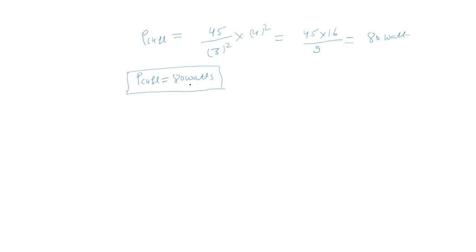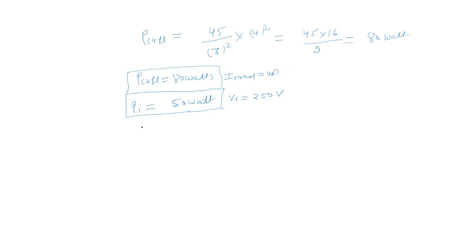Now we know the value of PCUFL, that is 80 watt, and P iron, which is 50 watt, is already given in the question, because this test is performed at rated voltage. V rated is nothing but 250 volt, and this must be at the high side rated current, that we have calculated as 4 ampere. So both are correct.